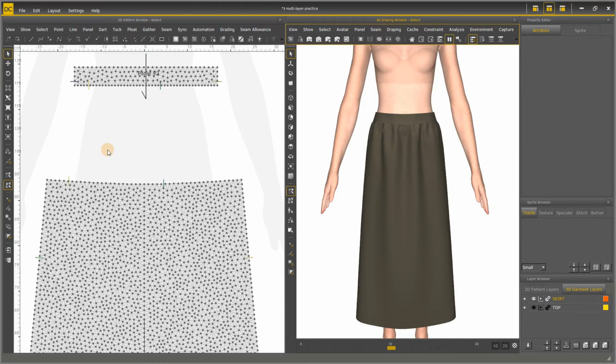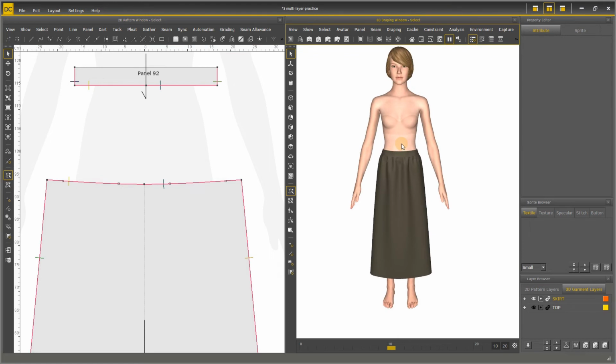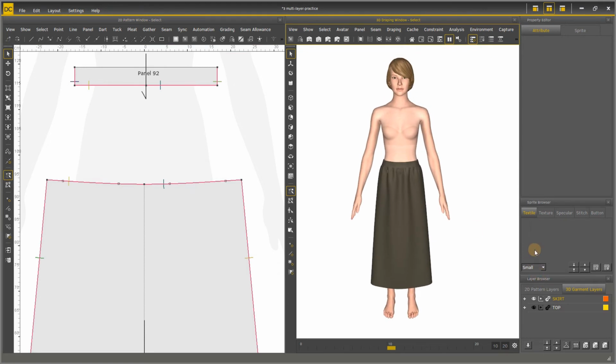Now, to simulate two garments together, we can simulate one garment in one layer. So there will be two layers in 3D garment layer section. There are three little icons in front of the layer name for us to utilize. The first one is to control the show of this layer.